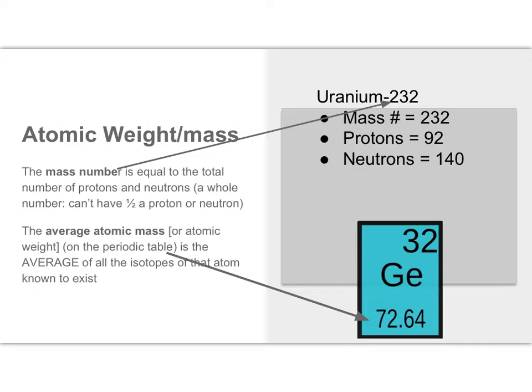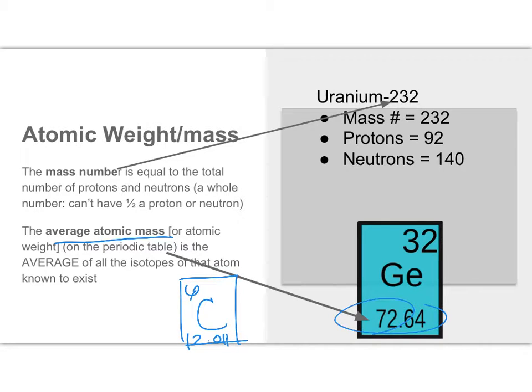Okay, so in addition to the atomic symbol and the atomic number, we're given one other really important number on the table, and that's going to be the number that's found at the bottom that has kind of the decimals with it. It's the decimally number. And that is what's called the average atomic mass, okay? And the average atomic mass is an average of all the types of element that exist. So for example, I want you to look at carbon for a second, okay? Carbon's symbol is C. It has 6 protons, so its atomic number is 6. And then its weight is